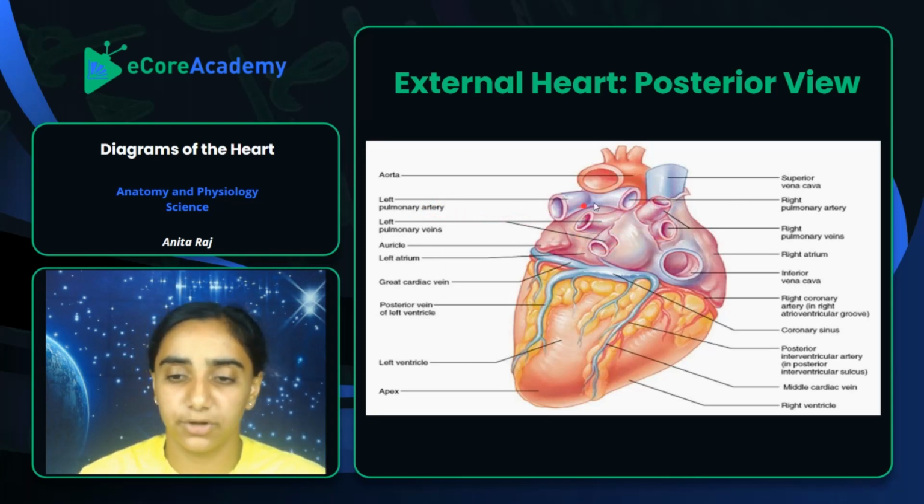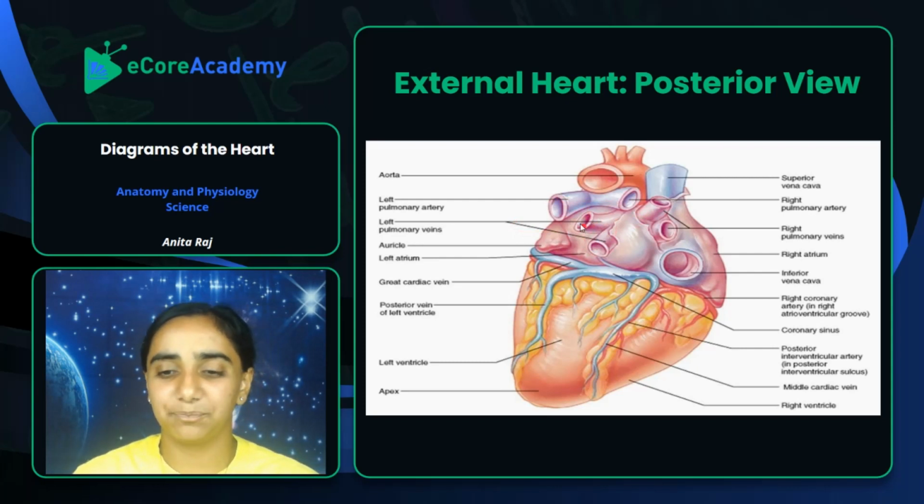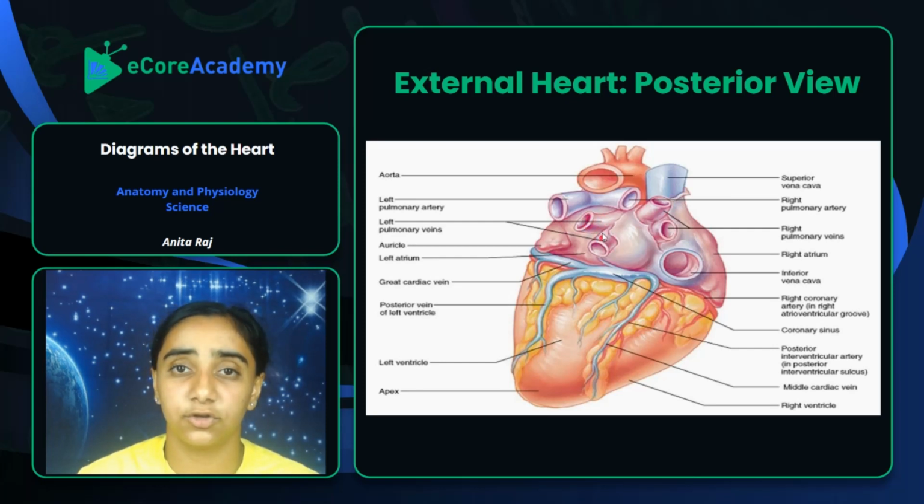This is your left pulmonary artery. Remember, it's the artery that branches off of the pulmonary trunk and it takes deoxygenated blood to your lungs so they can get oxygen. Then you have your left pulmonary veins right over here. They're in pink, while these arteries were in a bluish color. They're like in this pinkish, reddish, purplish color. They bring freshly oxygenated blood from your lungs and back to your heart, and these will connect to your left